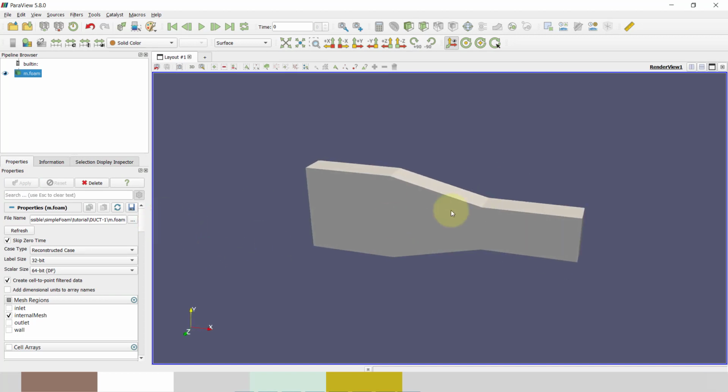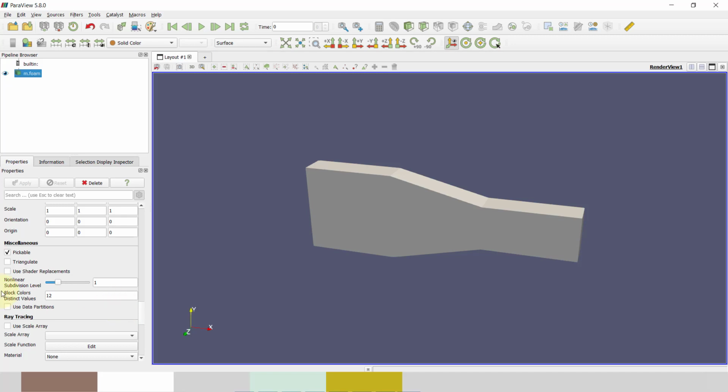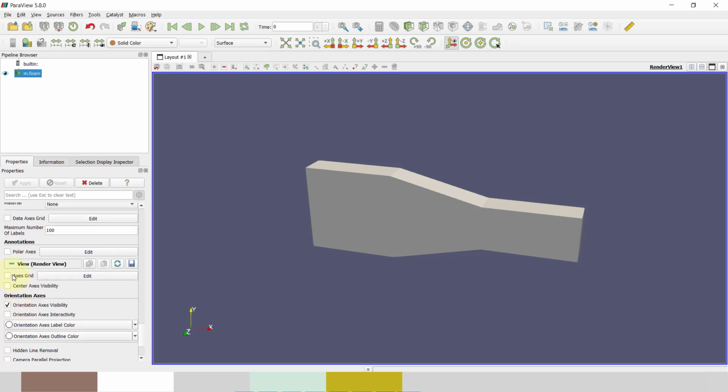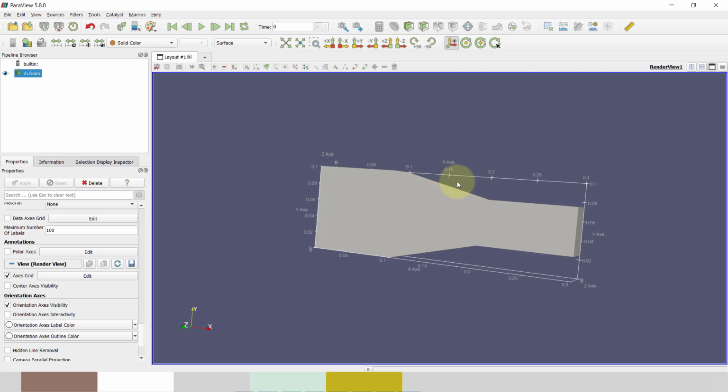So here you can see that my duct is available. I will see the axis grid. Here you can see this is my 100 mm, this is 50 mm, and this is around 30 mm.